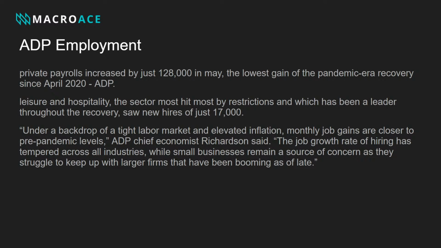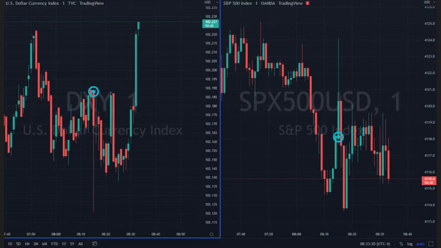So this is one thing just to understand: although the ADP can be useful, it doesn't always have a strong correlation with the non-farm payrolls figure itself, as it doesn't give a true sense of what the employment situation is like for small businesses and in other rural areas too. So as said, the figure came in at 128k, forecast was 300k. So the S&P 500 strengthened and the Dixie weakened. So let's have a look at the charts then. After the data, the dollar had dipped and the S&P had strengthened.